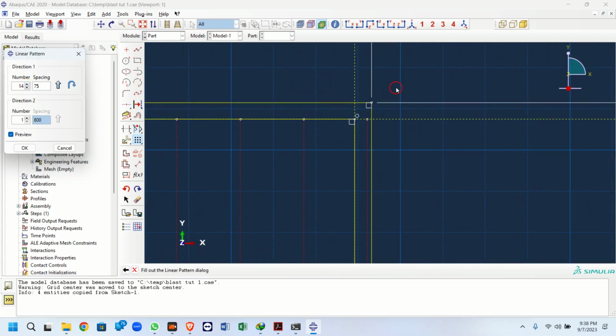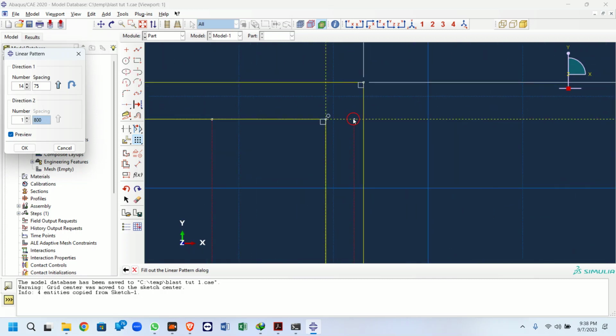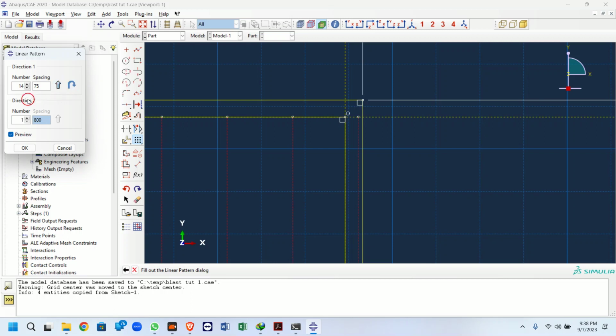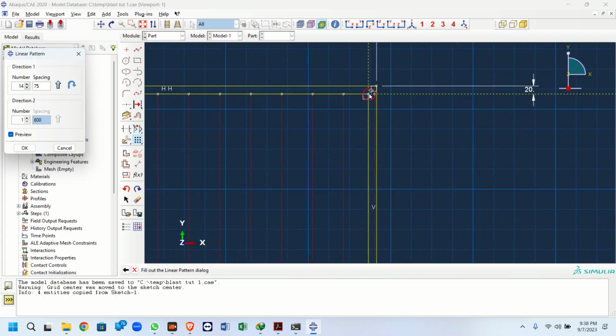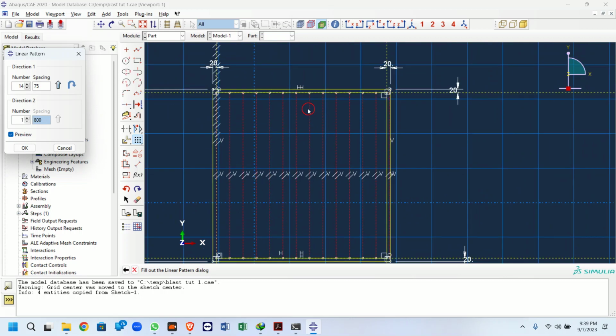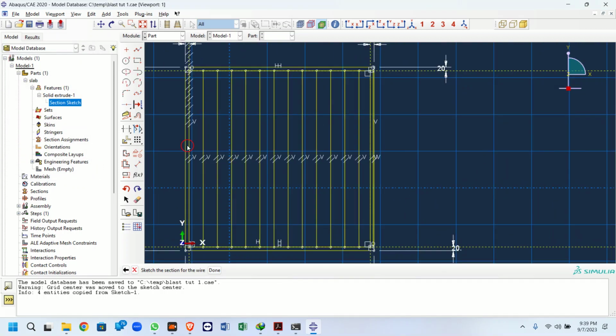Okay. It has matched. It didn't match. It's coming somewhere here. So what you can do is let it be like this. Then